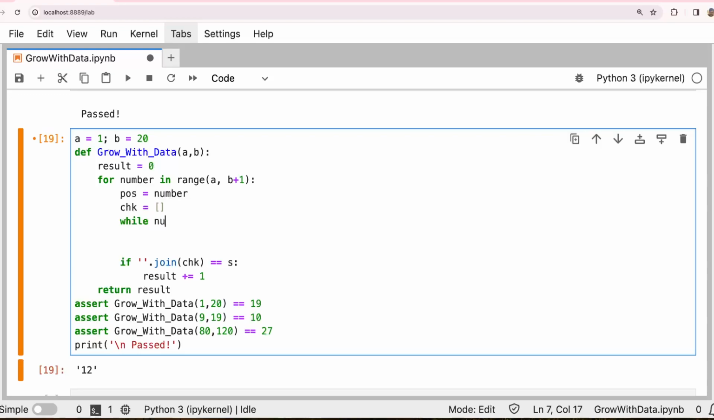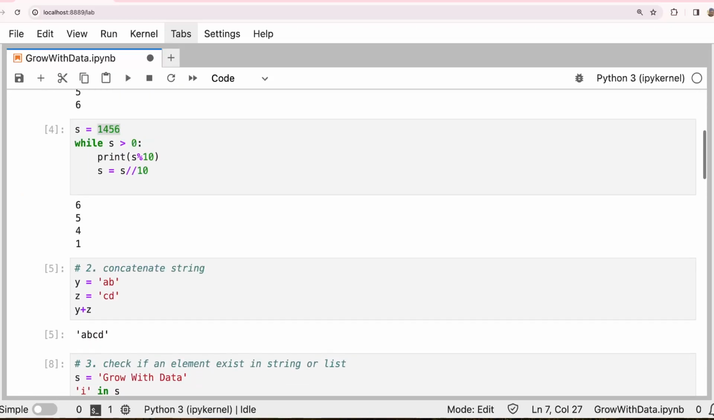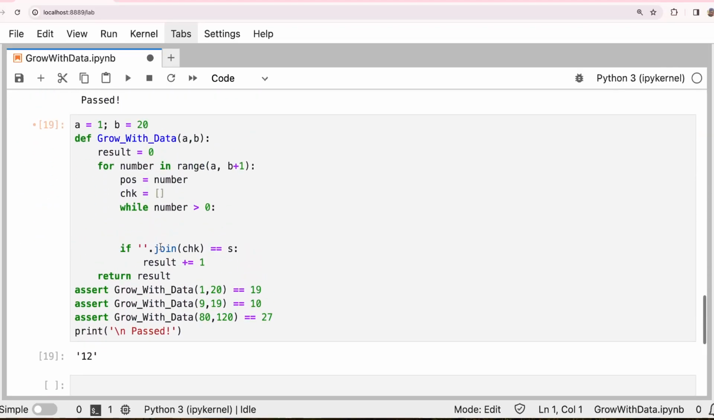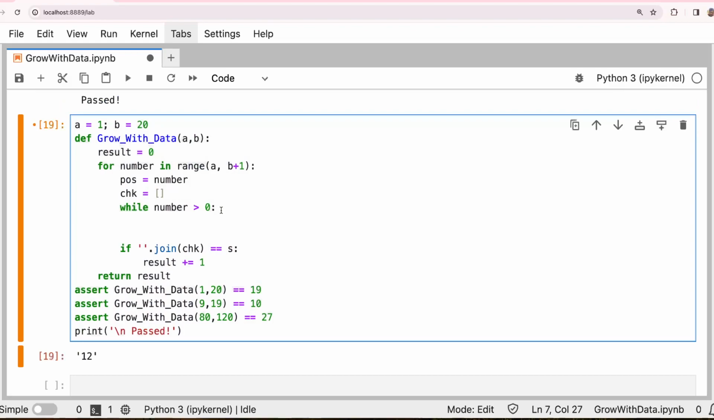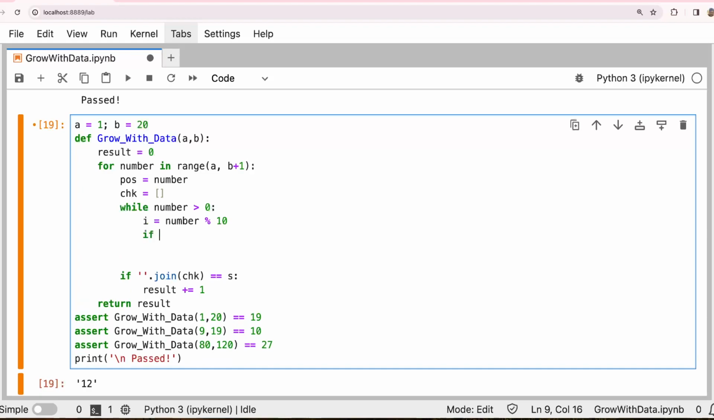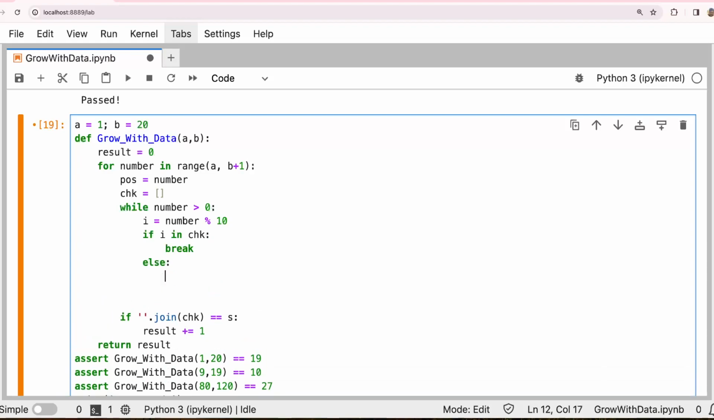We say while the number is greater than 0. Previously, in the example, we just showed that, right? We are going to use this logic here. So we say while the number is greater than 0, we say i equals the number mod 10. We get the last digit. Say if the last digit is in the list, then you break, else check dot